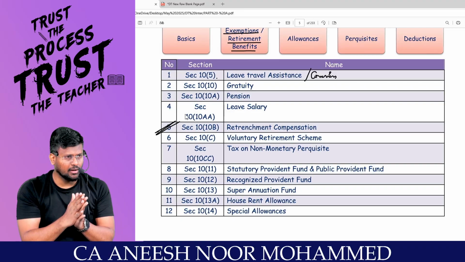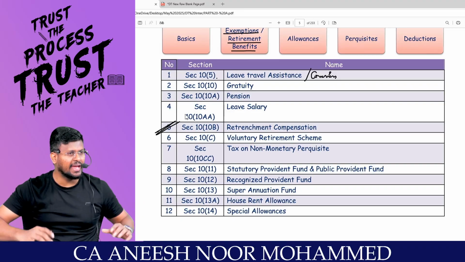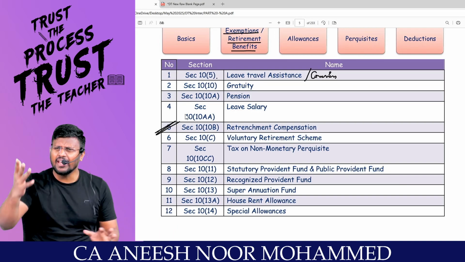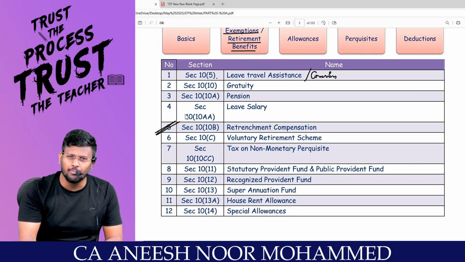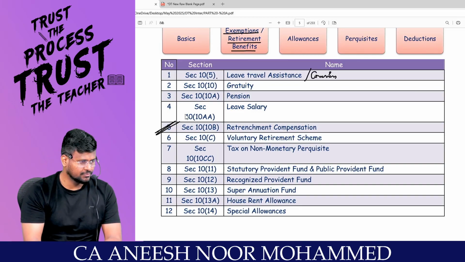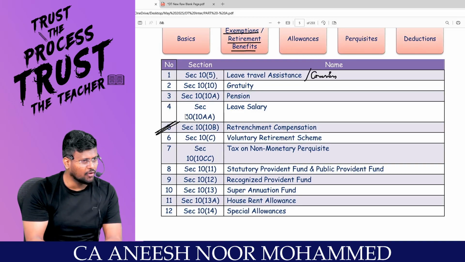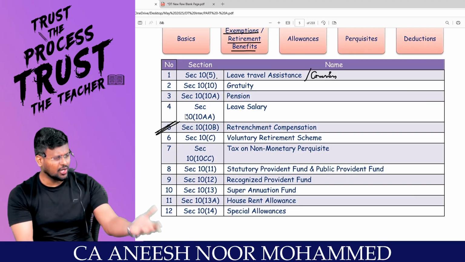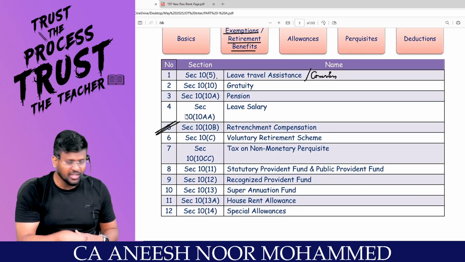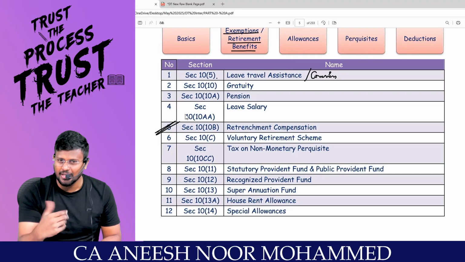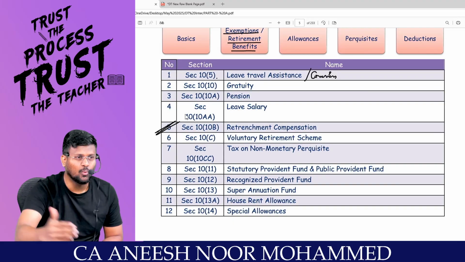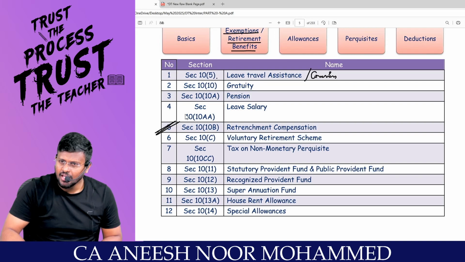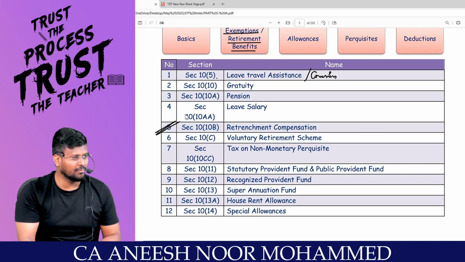Sometimes I will tell you, suppose I am the owner of ABC company. In ABC company, a lot of employees are there. I don't want this many employees. A certain number of employees I want to send out. I just want to reduce the number of employees from 150 to 100, or 150 to 120, or 200 to 100, because now I don't have that much work. If I suddenly say to a particular employee, stand up and get out, what will be his life position? Suddenly he will be thrown onto the streets, correct? He won't have even money to eat food, correct?